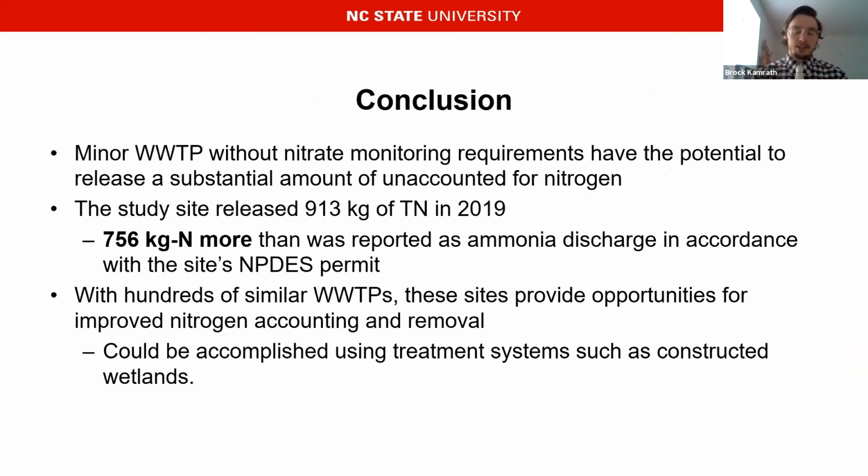Just to wrap this all together, it was pretty clear from what we saw that these minor wastewater treatment plants, without the monitoring, definitely have the potential to release unaccounted for nitrogen to our surface waters. More specifically, at this site, that release was an extra 750 kilograms of nitrogen, more than what was reported and